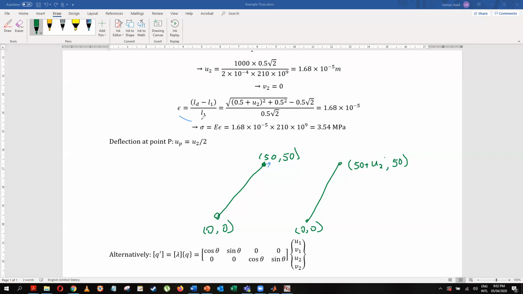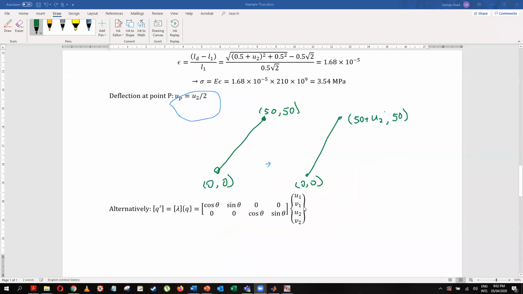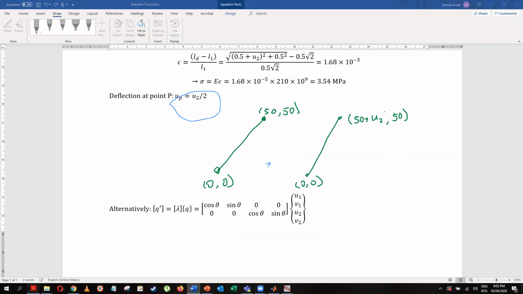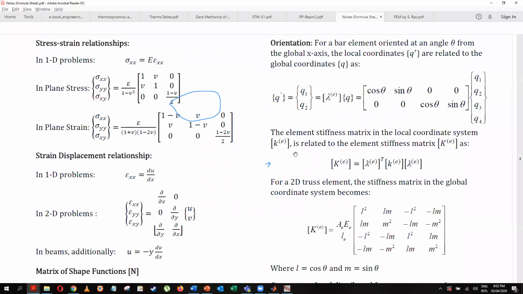So this was a little weird. This was a rather weird way of doing things and not very easily applied everywhere, right? If you want something a bit more systematic, then the systematic way of doing this would be to use this transformation equation, right? This transformation equation is also available in your formula sheet,